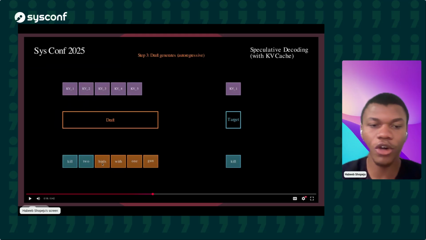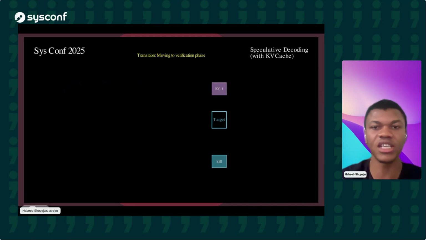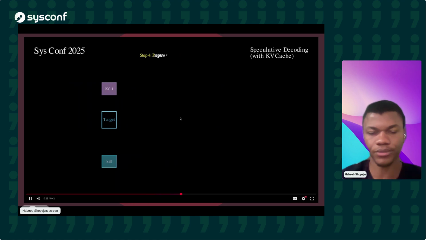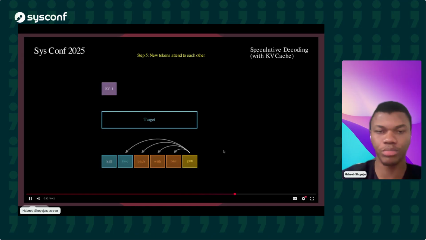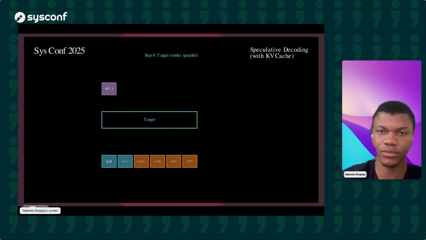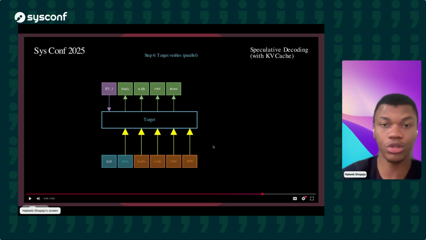Now, all of these 4 tokens then go into the verification phase with the large language model. At this point, it's similar to when you're doing your prefill phase, as shown in the previous slides. Calculate your attention, and all of these tokens then go into the target model, and this generates all those tokens.